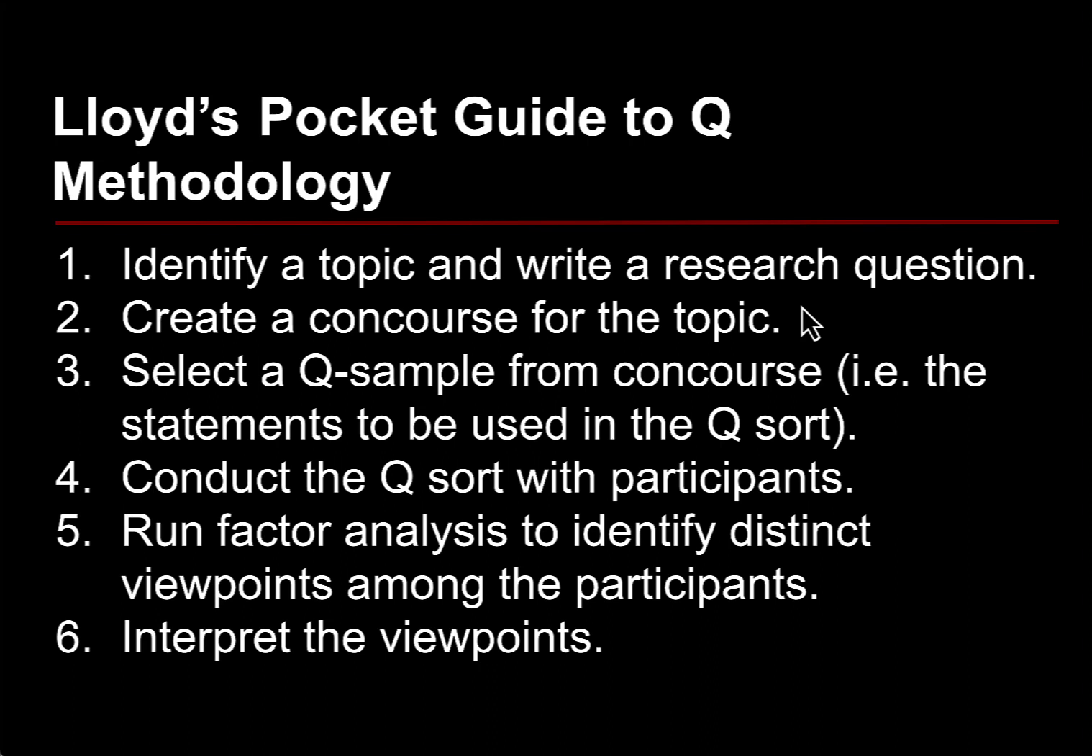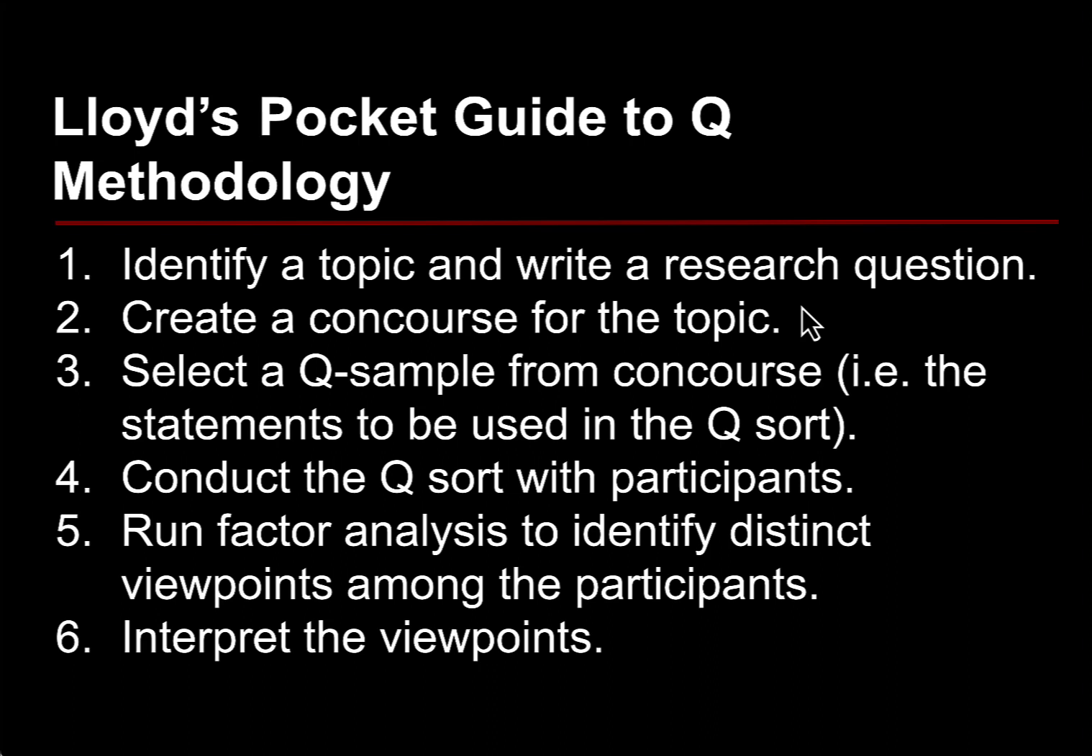Now, after we have the participants conduct the Q-sort, and we collect their Q-sort data, we then run factor analysis to identify those distinct viewpoints among the participants, and then we have to interpret the viewpoints. Now, we might want more data than just the Q-sorts, so we are going to be applying